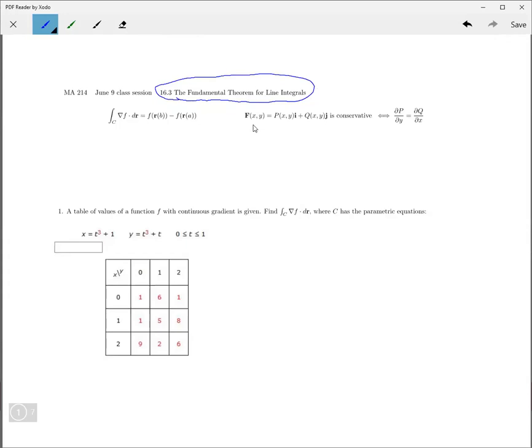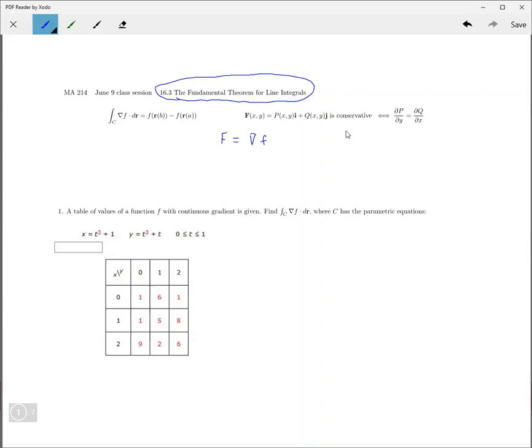And a function f, or rather, a vector field f is conservative if and only if this. But what that means is a vector field is conservative if it is the gradient of a function f. Okay, so if this is the gradient of some function, then it's called conservative, and this is only going to happen if these partials match up. Now, the reason for that